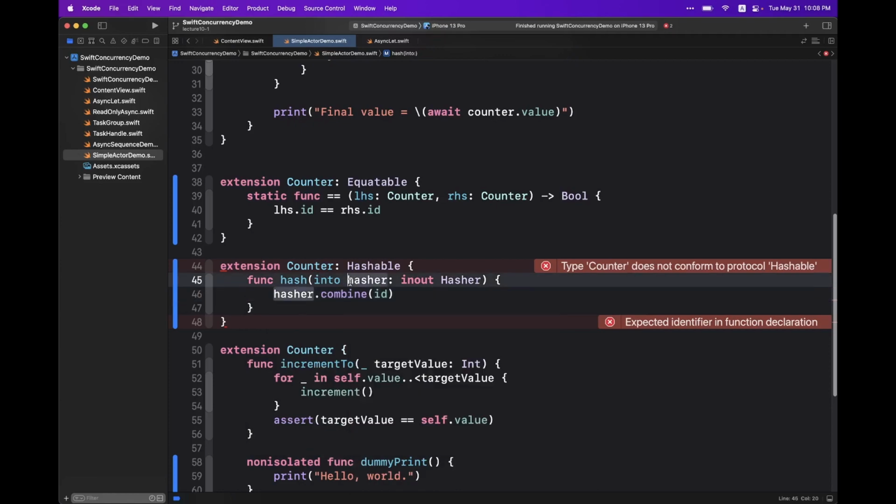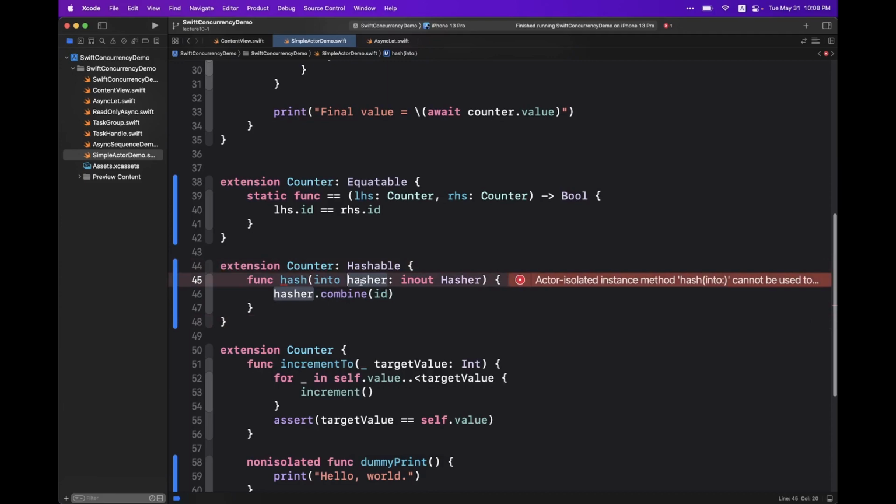I believe this function is pretty new for you, and you can see this hasher. The type is a hasher type, and it's marked as inout. It's a pretty new concept for you, but it's okay to just leave it here. So you just need to know the high level